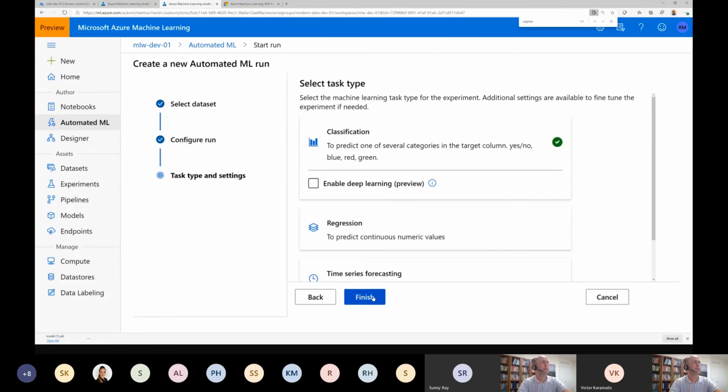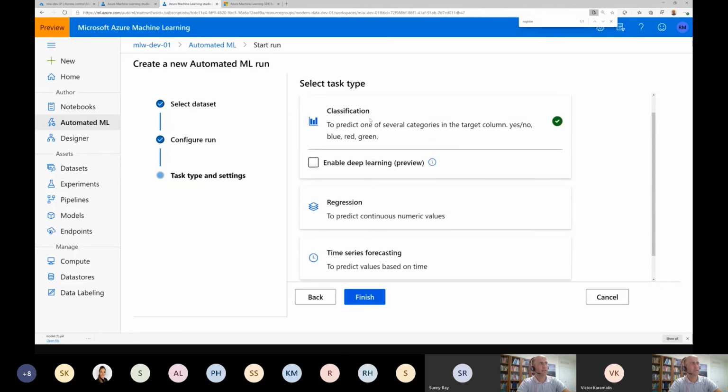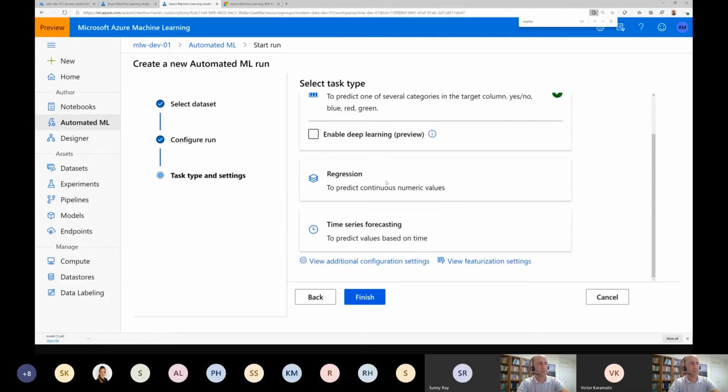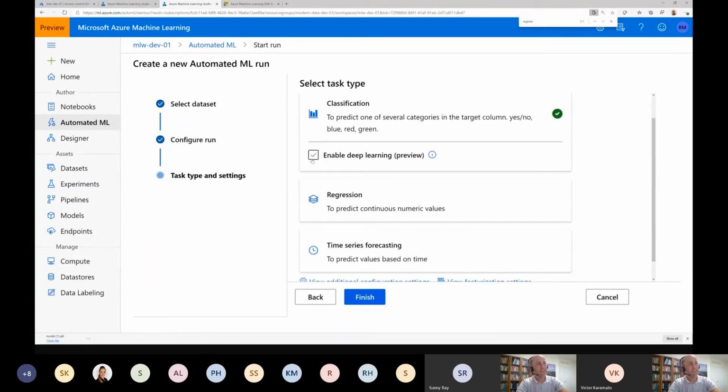So I'm going to hit next, and today automated machine learning can do 3 types of problem: classification problems, regression problems, and this one is a little bit newer, time series forecasting. If you look it up in the documentation, you'll see what algorithms and pre-processing steps each of these will take. This one is new, enabled deep learning, and it's super cool. Not 100% ready for prime time, I have to say that, but